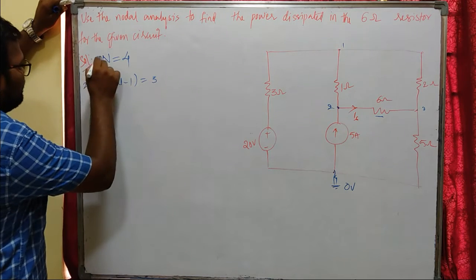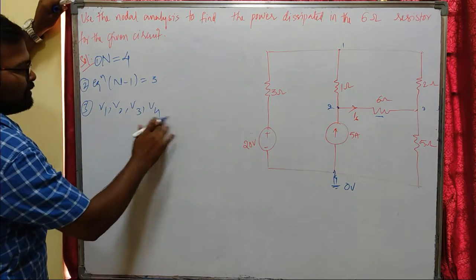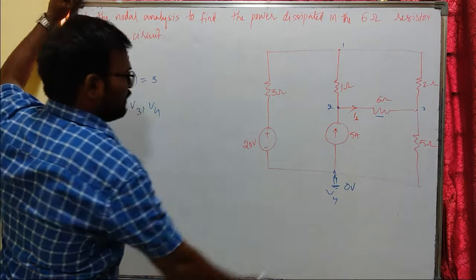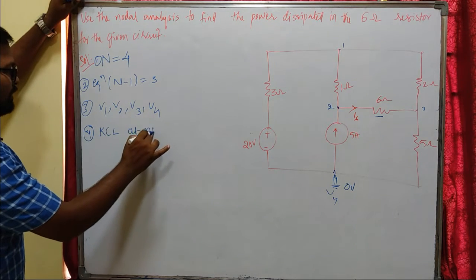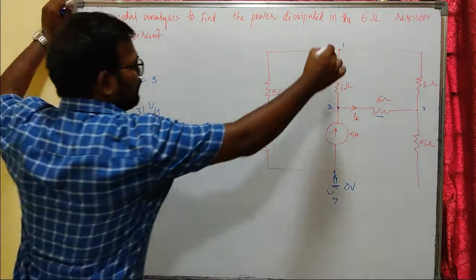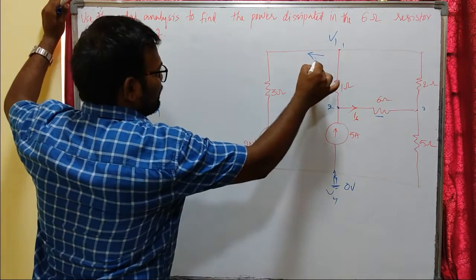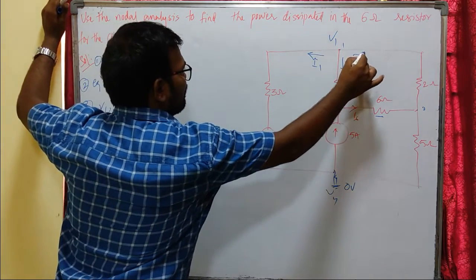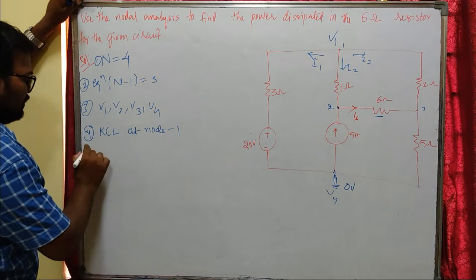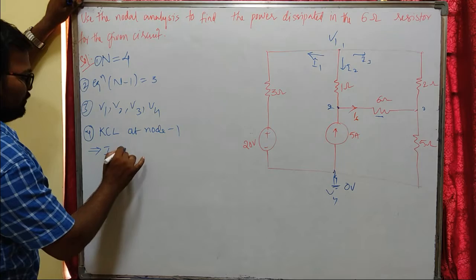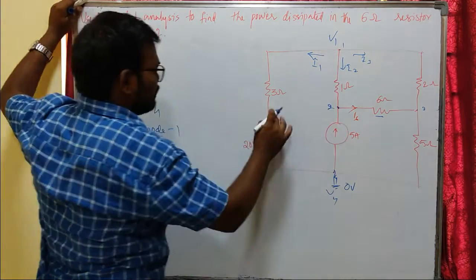So this is the first, second, and third step: we have 4 node voltages, one of which is treated as the reference node, V4. The fourth step is that we are going to apply KCL at each node. So KCL at node 1 with node voltage V1, that will be V1 minus 20. These are our currents I1, I2, I3. According to KCL, I1 plus I2 plus I3 must be equal to 0. So I1 is V1 minus 20 by 3